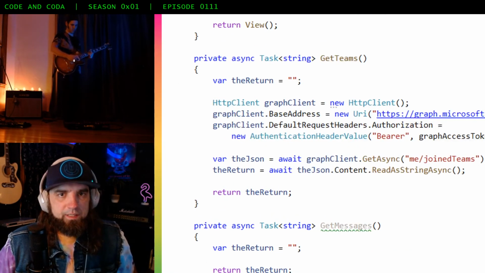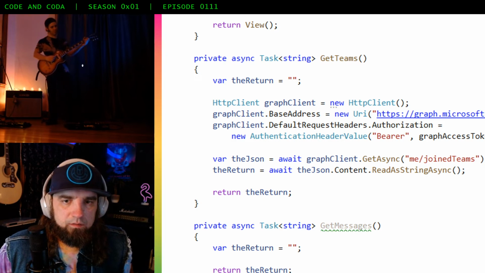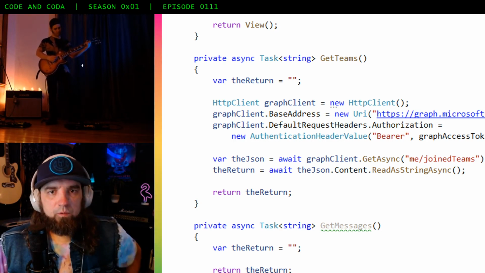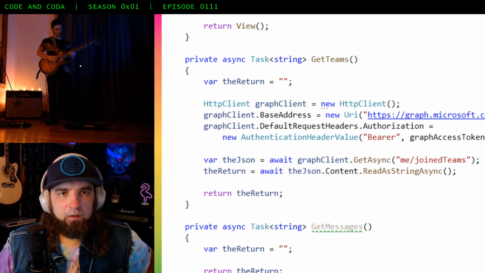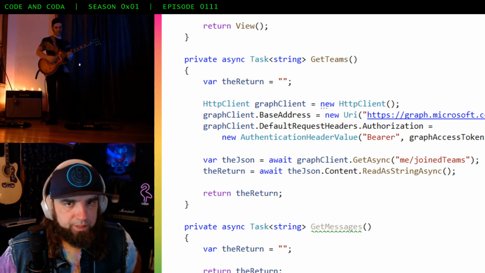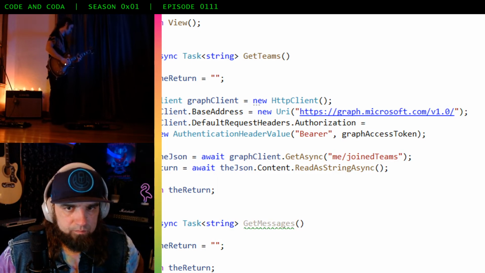So within our get teams function here, I have done the same thing as before when we were getting information about the time zone: create a new HTTP client object, add the URL information.